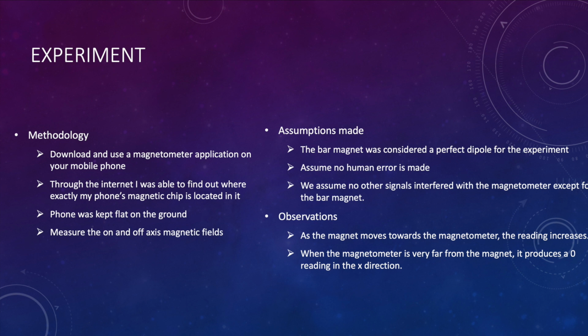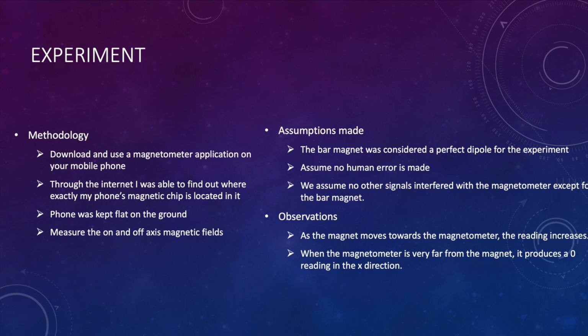By bringing a bar magnet close to the phone, I was able to measure the distance between the phone and the bar magnet, and I was also able to measure the effect that the bar magnet had through the magnetometer app on the phone. The assumptions that I made include the bar magnet was considered a perfect dipole for the experiment. I assumed that no human error is made, and I assumed that no other signals interfered with the magnetometer except